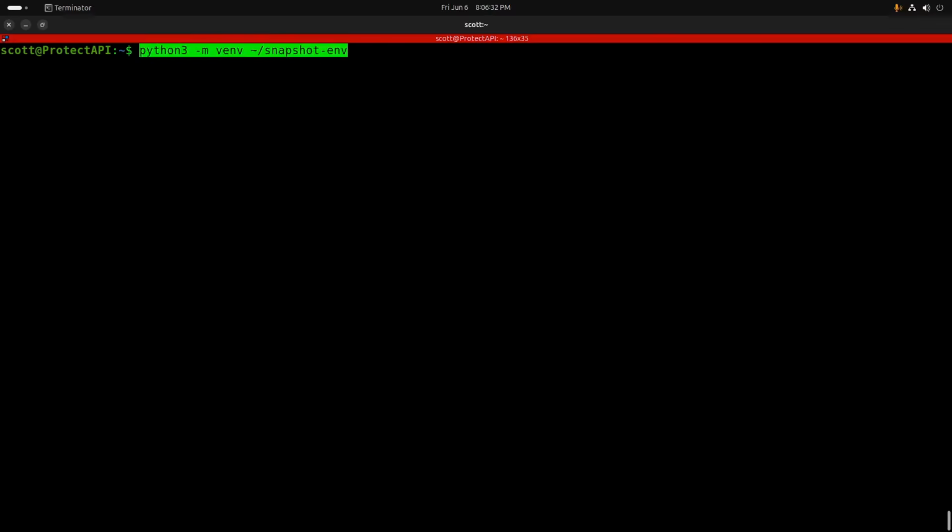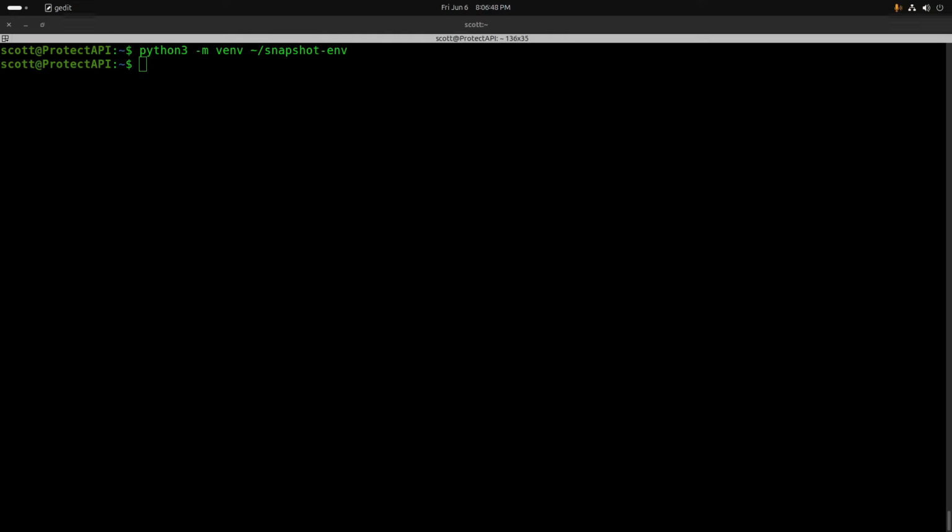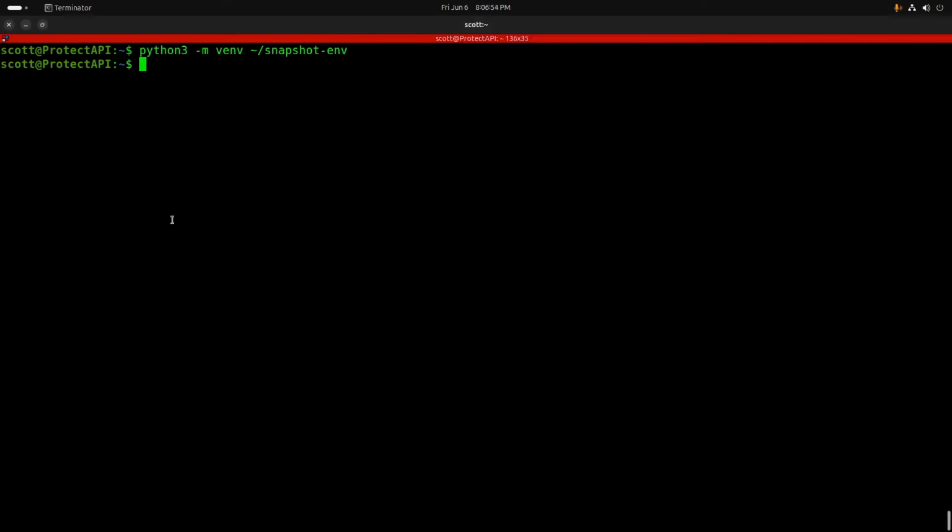So what I ended up doing was I went ahead and installed a Python virtual environment, which I called snapshot-env. And once it created that snapshot environment, I'm not real good on Python, but the first thing you need to do is jump inside that virtual environment, and we go ahead and do a source on that snapshot-env and tell it to activate. You can see here that our prompts changed from just Scott at Protect API, but it now says we're inside of the